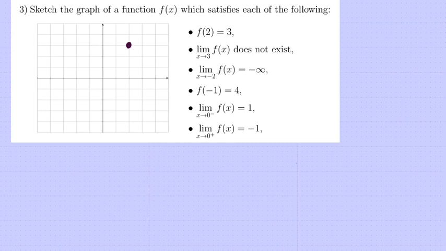But that limit doesn't exist. f of negative 2 needs to be negative infinity. f of negative 1 needs to be positive 4. I need the limit as we go to 0 from the left to be 1, and the limit as we go to 0 from the right to be negative 1. And I need f of 3 to not exist, so